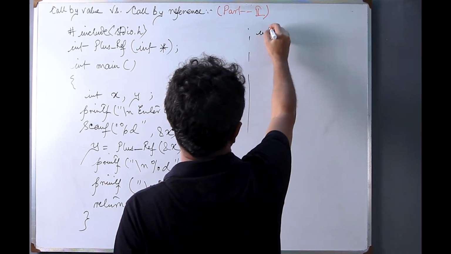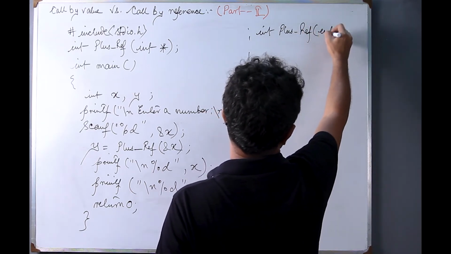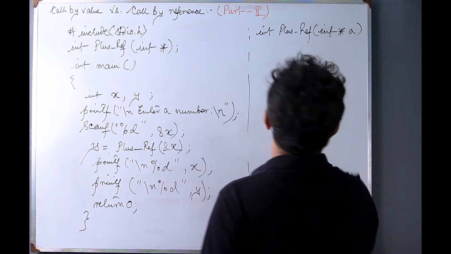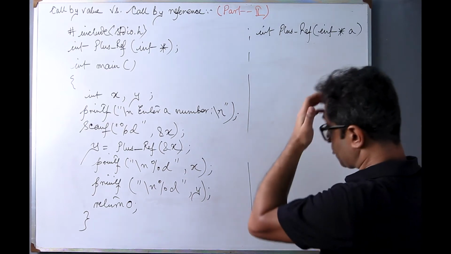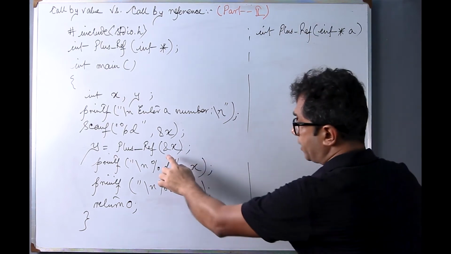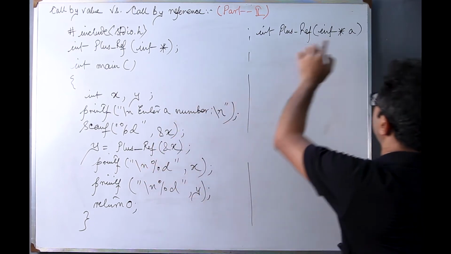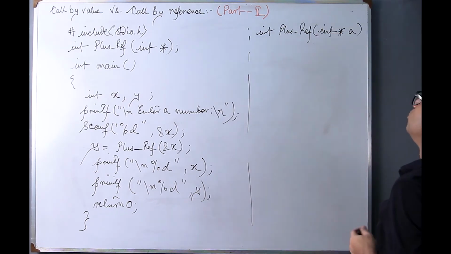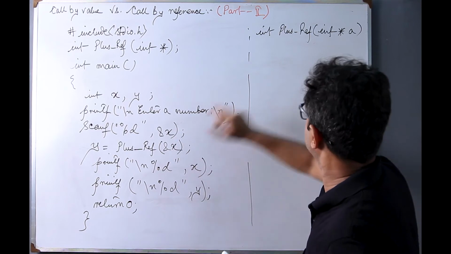The function is int +ref int star, say a. What is this int star a? So int star a is nothing but the formal argument in this function definition, whereby this &x, this address of the variable x, will be directly passed as the argument to this function definition. So this is the formal argument, this is the actual argument. This is ampersand x, this is int star a,